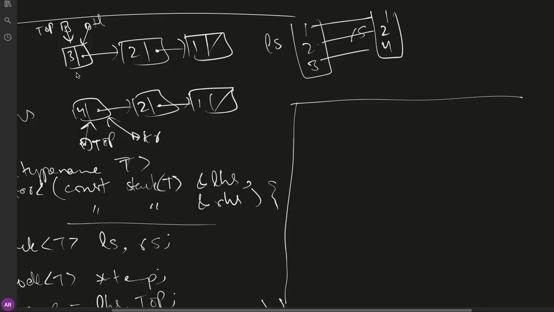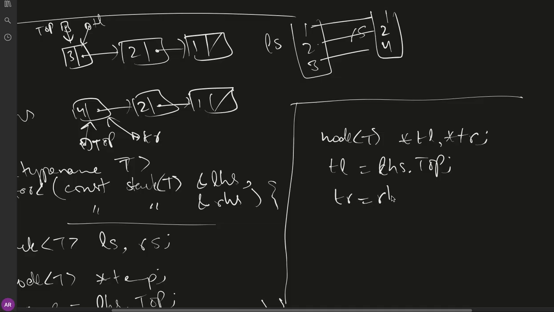If their corresponding values are equal, we move them forward, and the rest of the approach is almost the same as in the case of arrays, just that we have pointers instead of indexes. So we will have two pointers, node star temp left and temp right. We will initialize temp left with left hand side dot top and temp right with right hand side dot top,